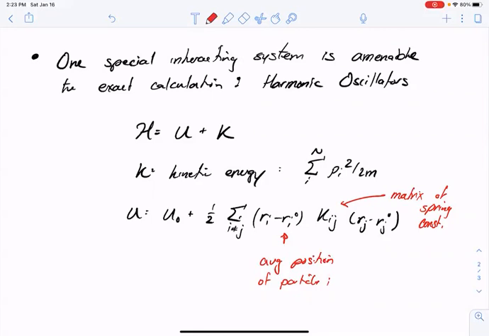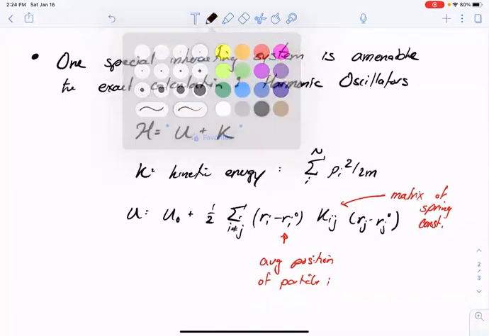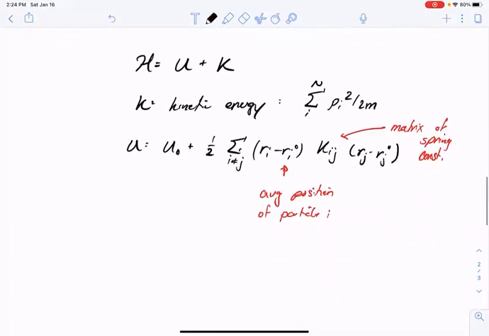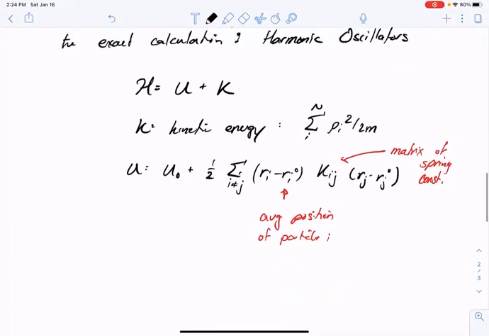As written, that potential energy function depends instantaneously on both what particle I and what particle J is doing in a way that's not separable. I can't write out in a simple way the energy of just particle I without knowing the dynamical state of particle J. So this is indeed an interacting system. However, harmonic oscillators are simple in that by diagonalizing that matrix of spring constants, K, we can find a set of normal modes,